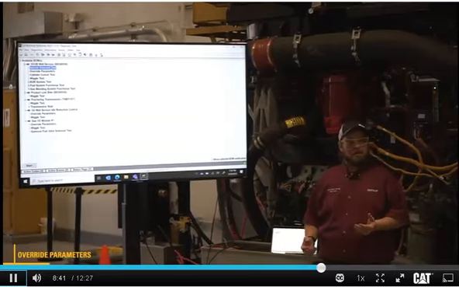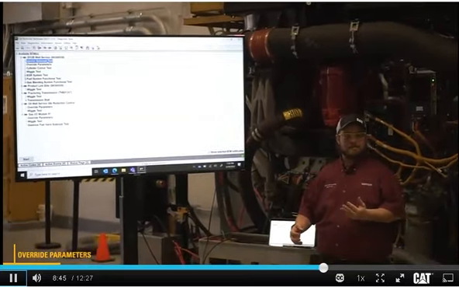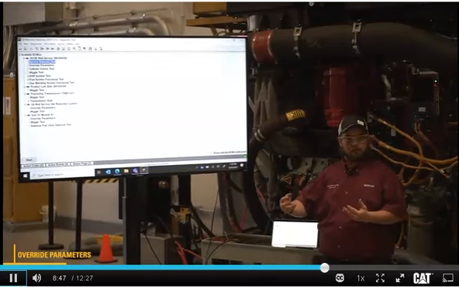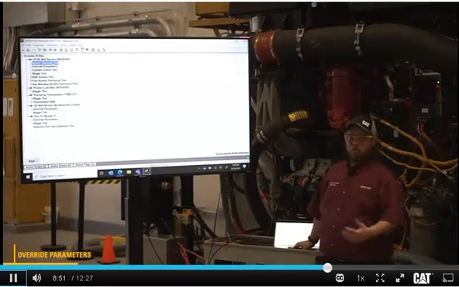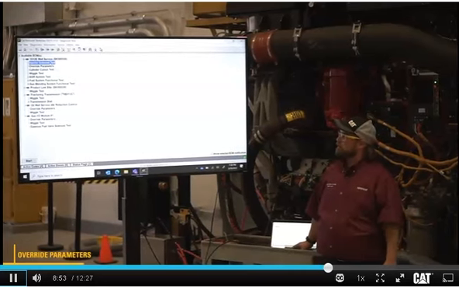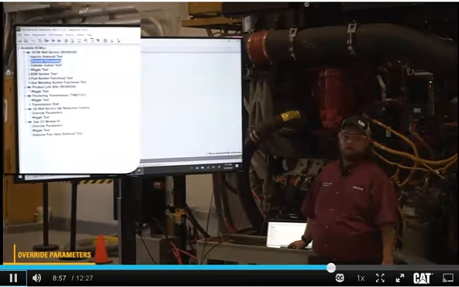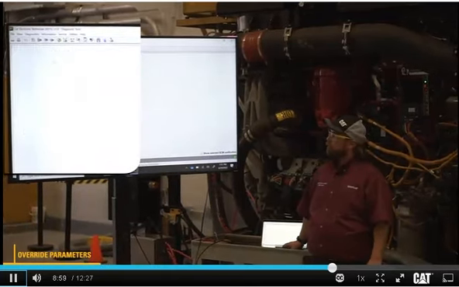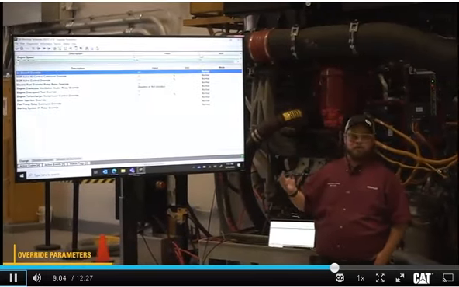But what about some of our other outputs that have a -5 code? We said -5s and -6s we're going to find on our output circuits. So some of the other outputs that we have available here, we can override those also. So within diagnostics and then diagnostic tests, I've got override parameters right here. If I open this up, it's going to bring up a lot of my other output circuits